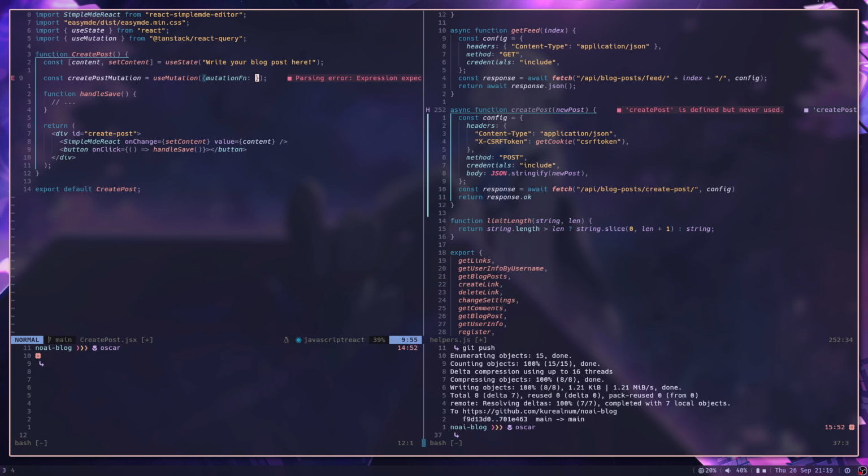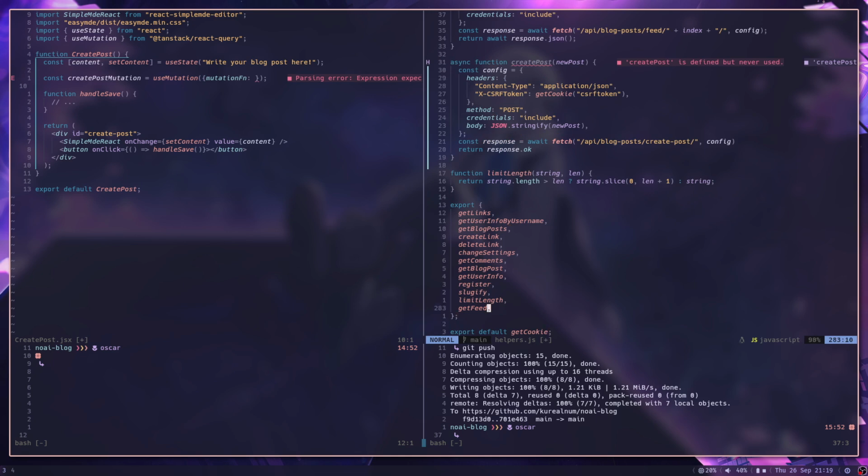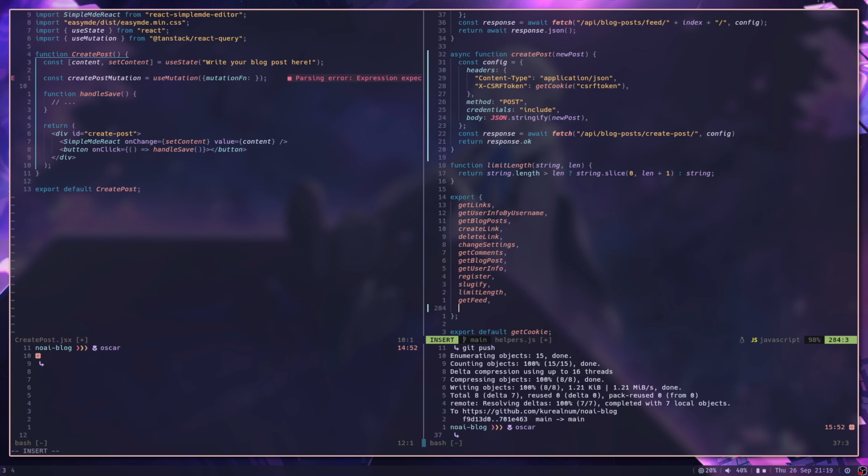I just need to do it. Anyways, let me go ahead and export this like so. That is a long line of exports. Good lord. Anyways, okay. So our mutation function is going to be, okay, so that's content, but I also need,